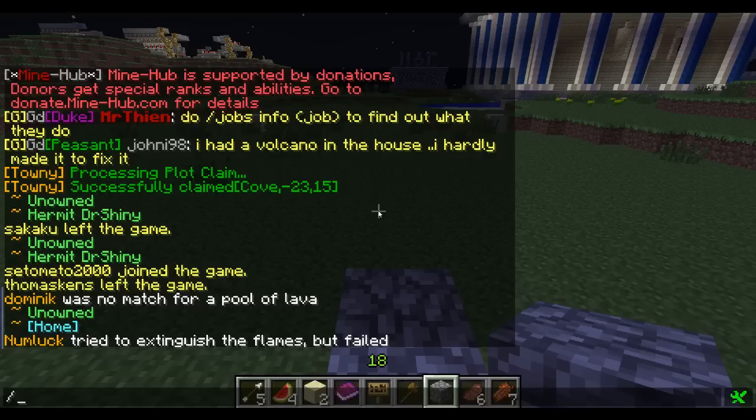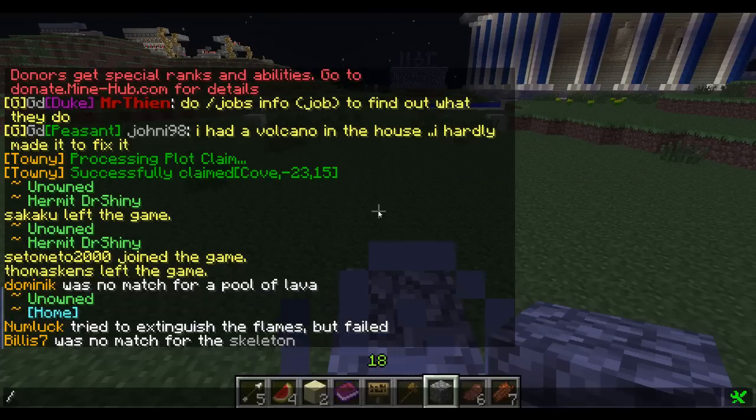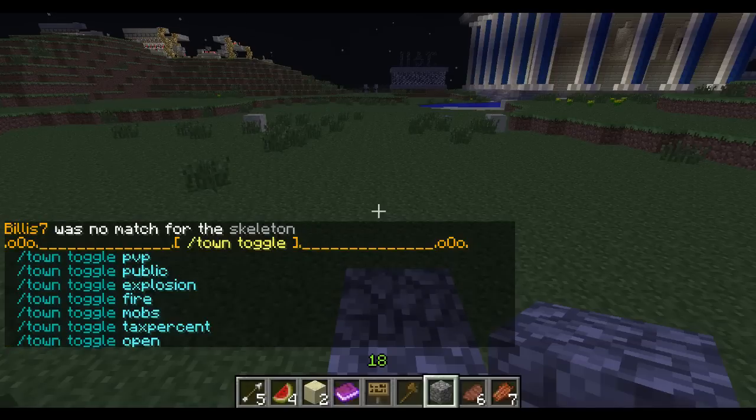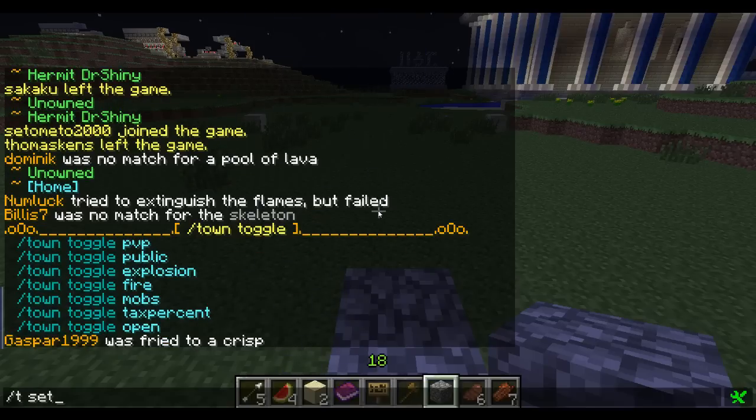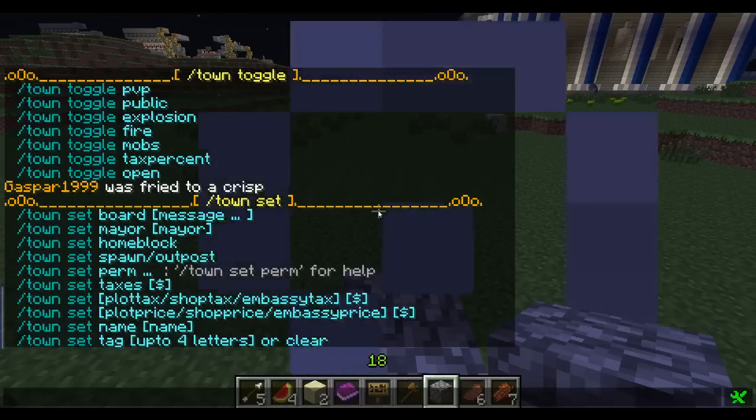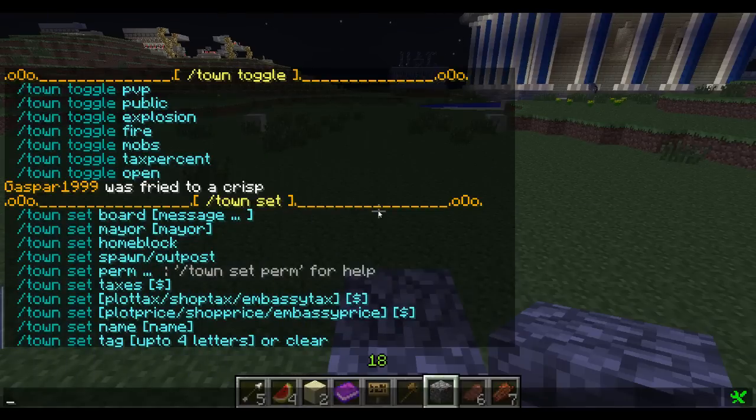A couple high-level commands that you should definitely remember are the command toggle, which shows you the list of toggleable options. And then the next one is T-set. This shows you a couple other really valuable options. One of the most important ones on here would be taxes. So let's do T-set taxes